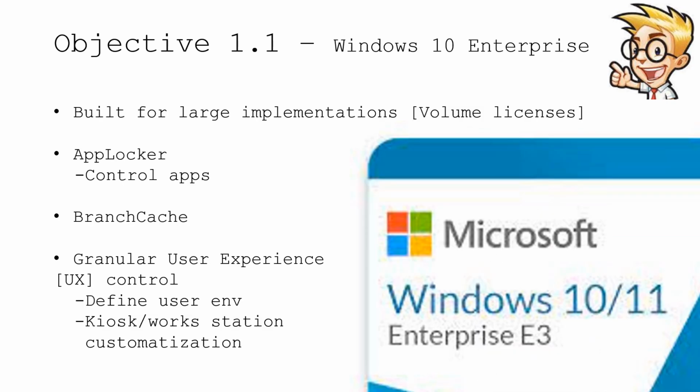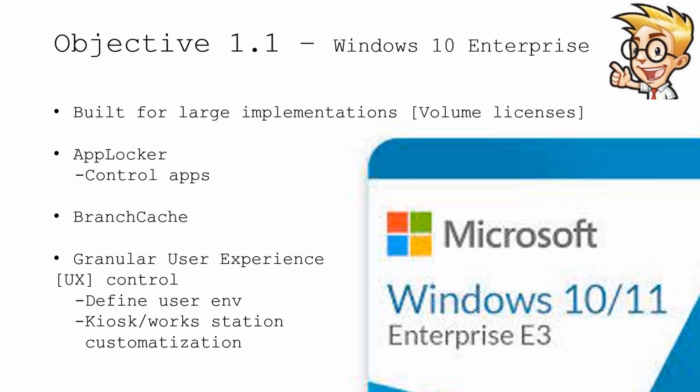If you're using Windows in a large enterprise, then you're probably using Windows 10 Enterprise, which was designed for large implementations that have many different desktops running in the environment. This also allows an organization to take advantage of volume licensing so they can deploy all of the workstation systems they need at a reasonable cost. When you're managing such large environments, you need additional management capabilities. One of those capabilities is AppLocker, which allows the administrator to determine what applications cannot be run in a